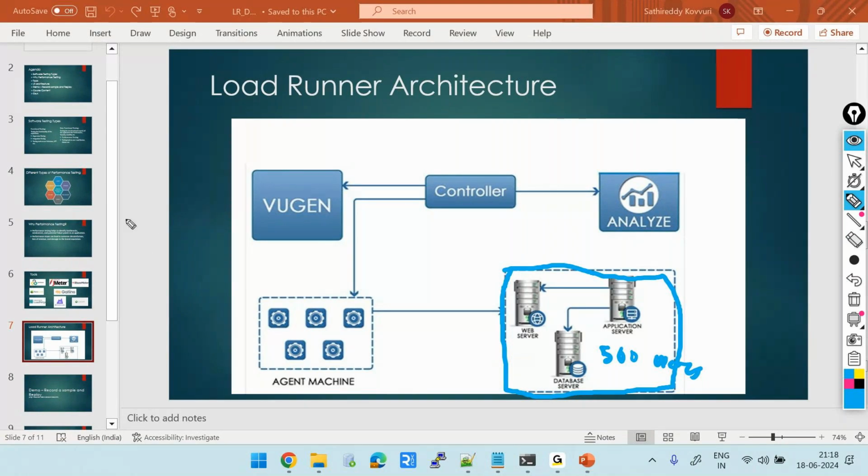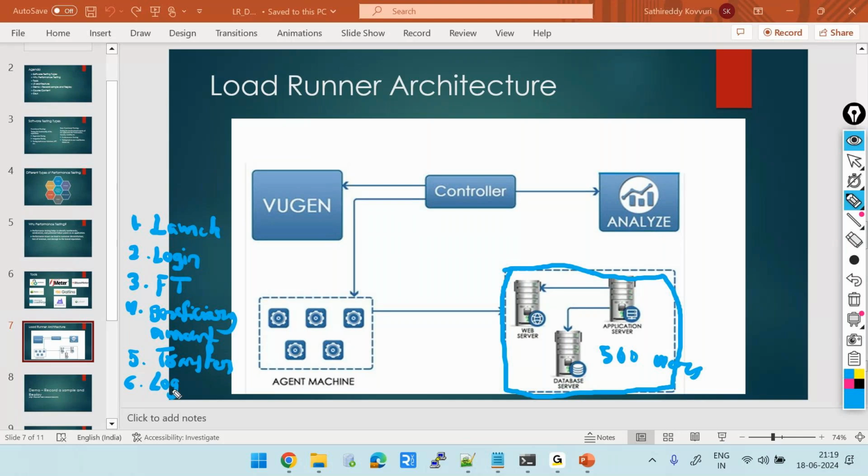First, you will launch the internet banking URL. Then you will enter your credentials and click on login. Then you will go to the fund transfer option. Then you will select beneficiary and enter amount, and then click on transfer, and finally log out. So you want to test this to find out how much time it takes when 500 users are doing